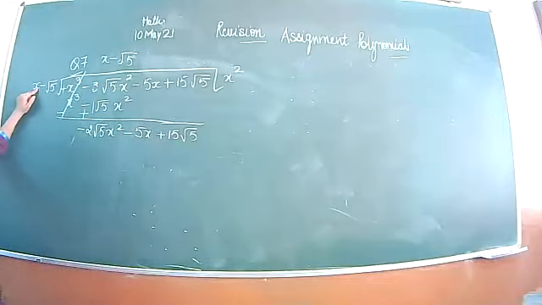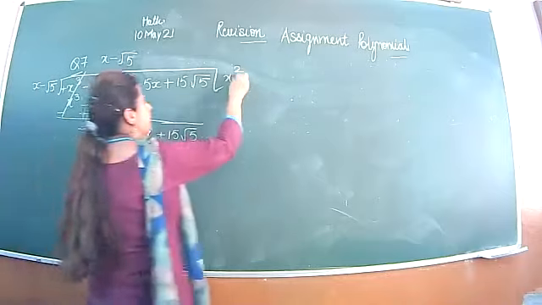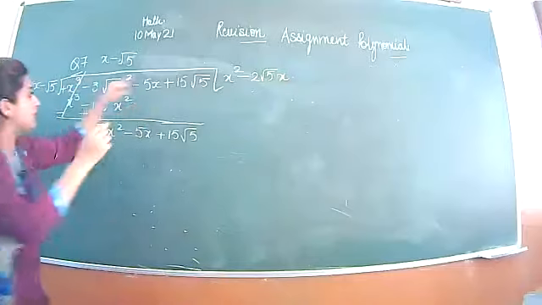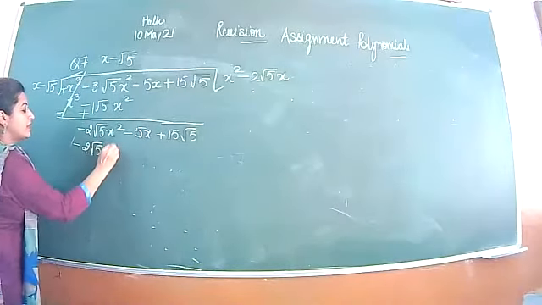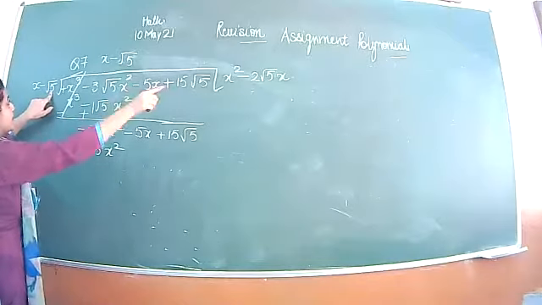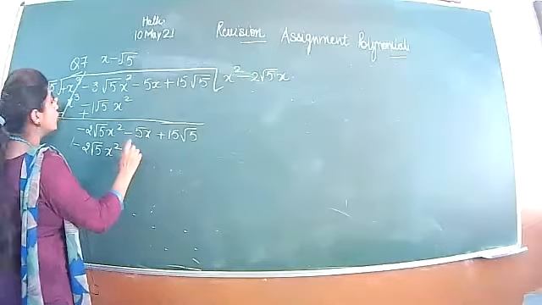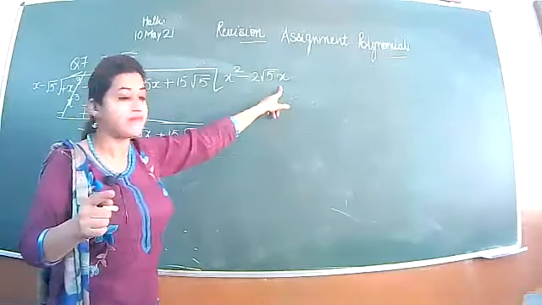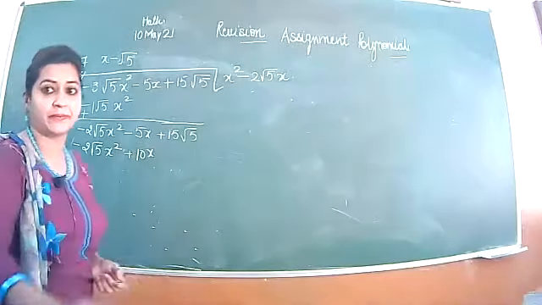Now multiply x with the number to get this as answer. So we want minus 2 root 5x. Minus 2 root 5x you will take and multiply this, you will get minus 2 root 5 x square. Multiply the second term, minus minus is your plus, root 5 into 2 root 5. Root 5 into root 5 is 5, 5 2s are 10. You will get 10x here.